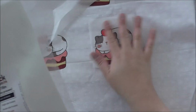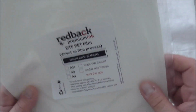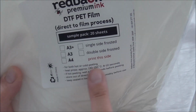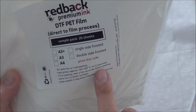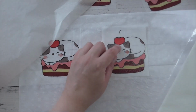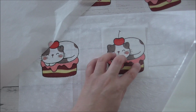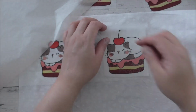I'm just going to let it cool off for a little bit, but this PET film says it's for 8 to 10 seconds, both hot or cold peeling, and at between 130 and 150 degrees for 8 to 10 seconds. I have been doing this every 10 seconds. This one I think needed to cure a little bit more, so it still had quite a bit of that crystal looking effect. So you really do need to